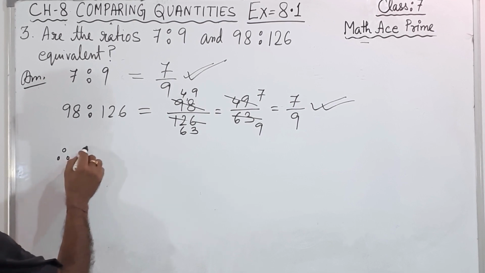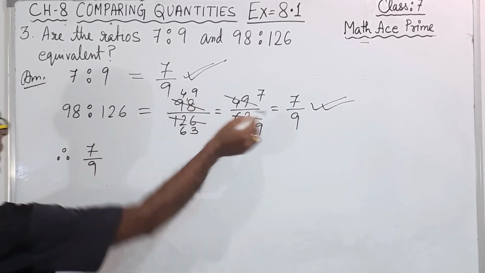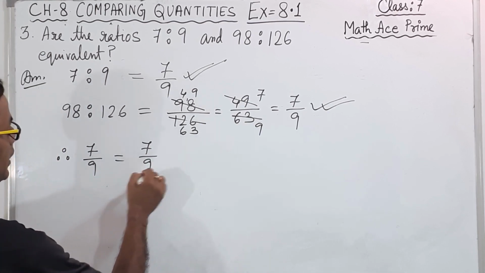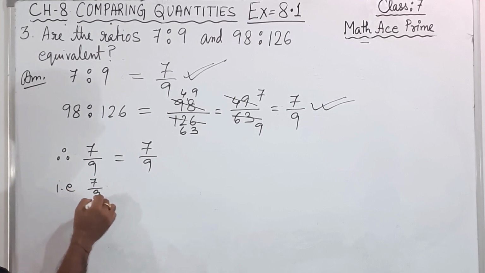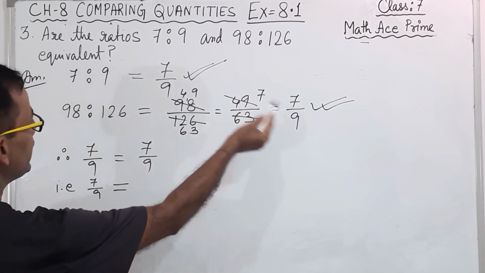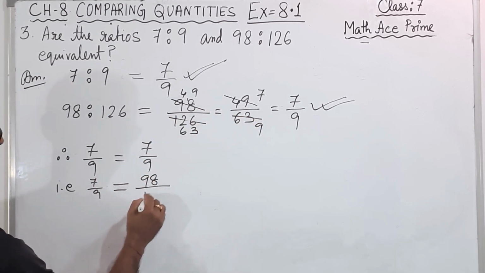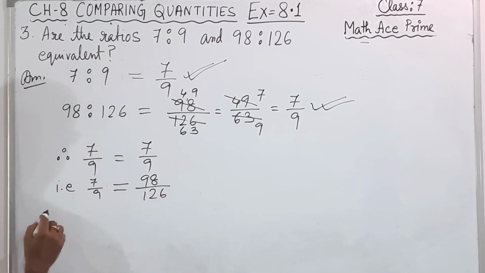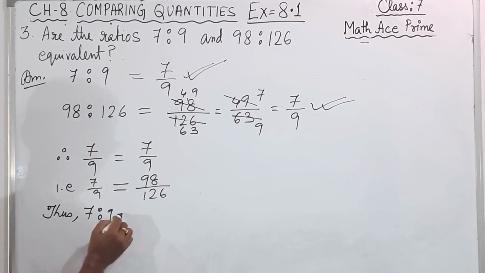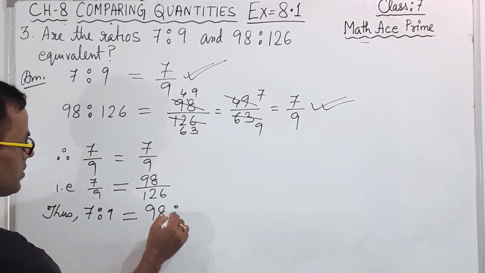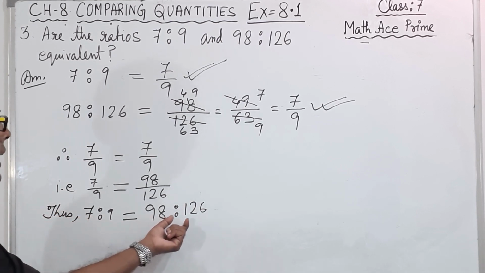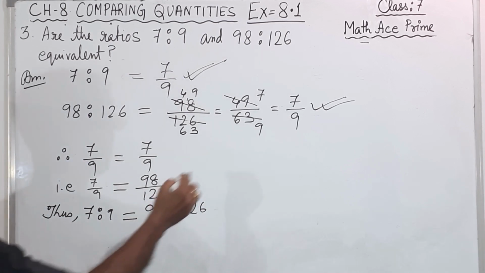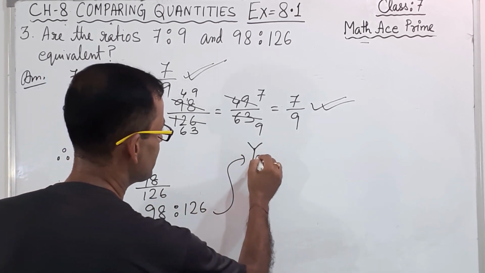तो मैं क्या लिख सकता हूँ? दैट देयरफॉर 7/9 इक्वल टू 7/9। तो इसका ओरिजिनल क्या है, वही है, यस, दैट इज 7/9 इज इक्वल टू इसका ओरिजिनल 98/126। ओके, और thus 7:9 is equal to 98:126। हम लिख सकते हैं 7:9 is equal to 98:126। देन उसके बाद एक लाइन लिखेंगे लास्ट में, यस।